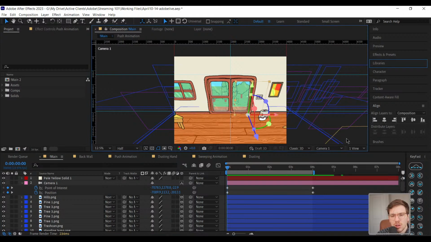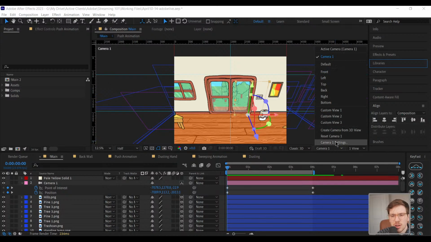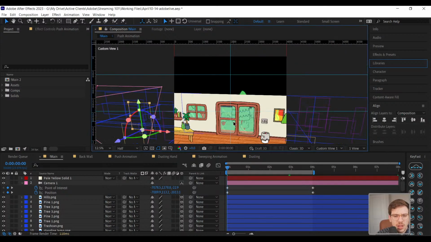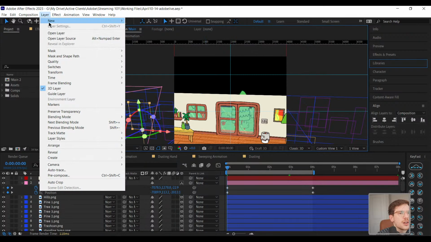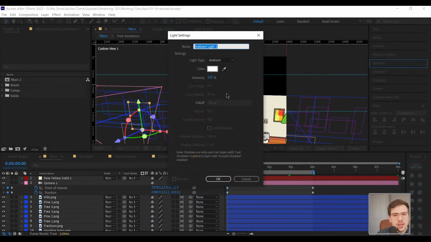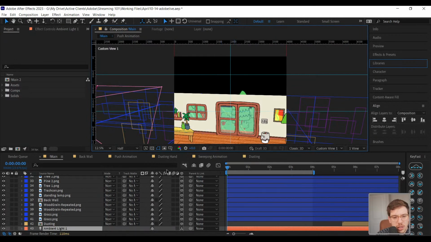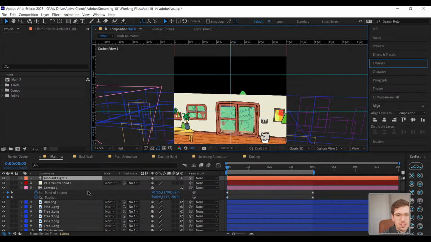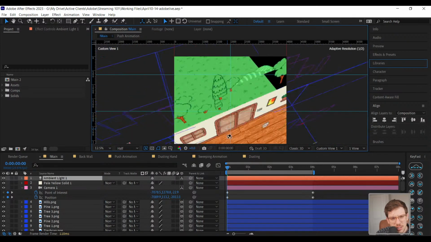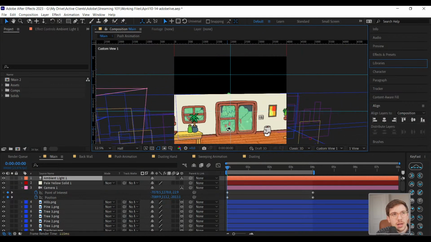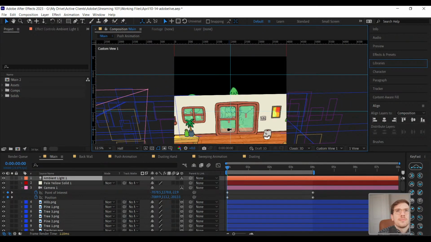So I'm going to go back to my custom view so I don't accidentally adjust my camera in any way. And what I'm going to do is I'm going to go to Layer, New Light. Okay, and I like to normally do at least one ambient light, because that'll light absolutely everything. Because once you start introducing the idea of lighting, it's going to darken a lot. So ambient light for me